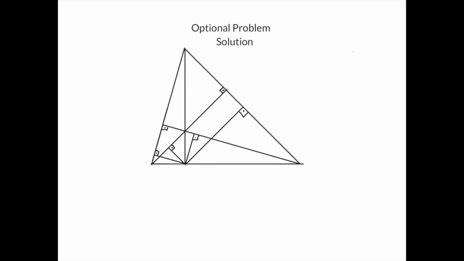And here's the solution. I'm sure you immediately spotted the first step in the solution, because we have two altitudes here and here, and so this is the orthocenter of the triangle, and therefore this is the third altitude, so we can mark this angle here as a right angle. We're going to prove that this point and this point lie on the same line. And by symmetry of argument, we can prove in the exactly analogous way that this point and this point lie